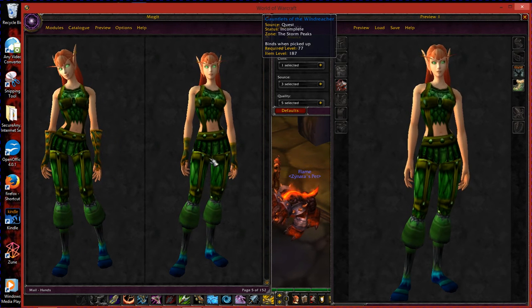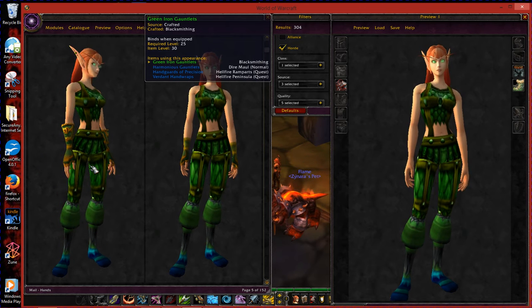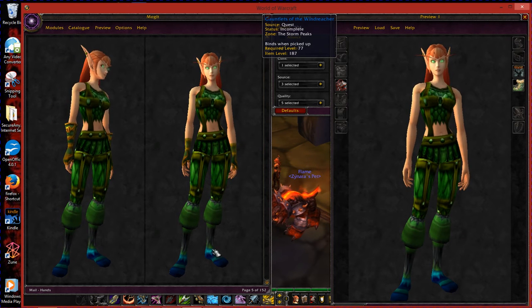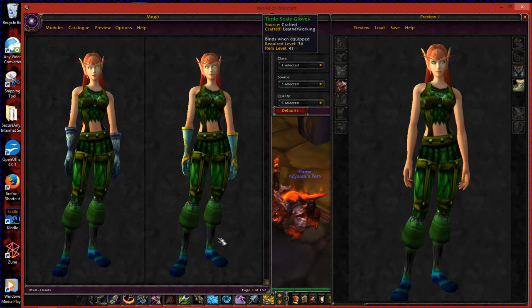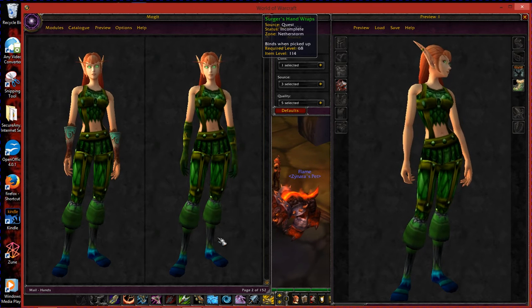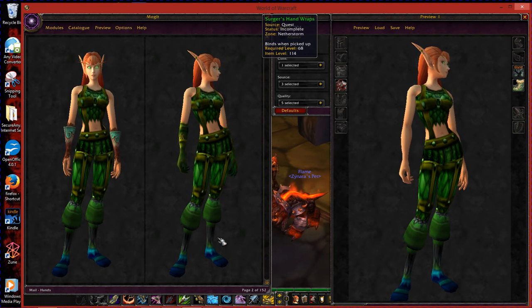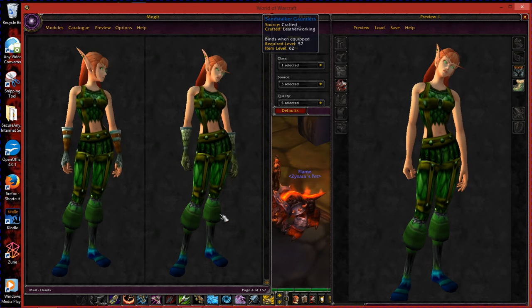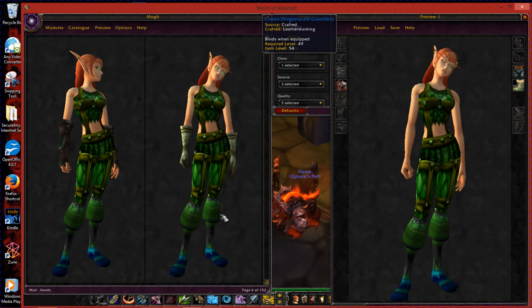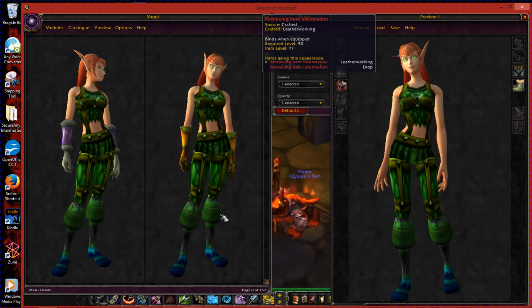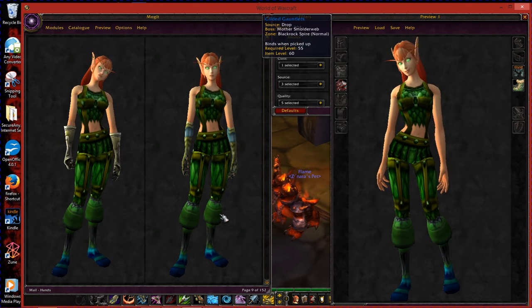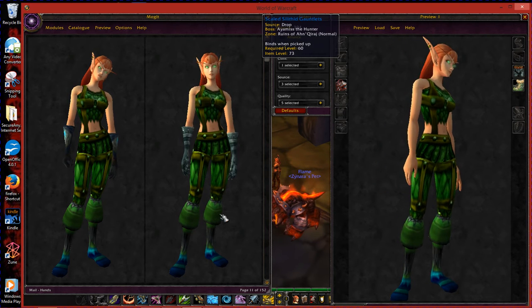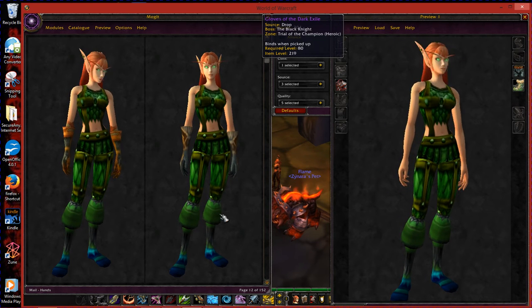Okay, here's another option that would match. The gold not so much, because the gold really doesn't go with the blue. Let's see here. The gold could work. It's not a perfect match to the blue. Let's see if they have anything that's a closer match. I'm not finding any luck.